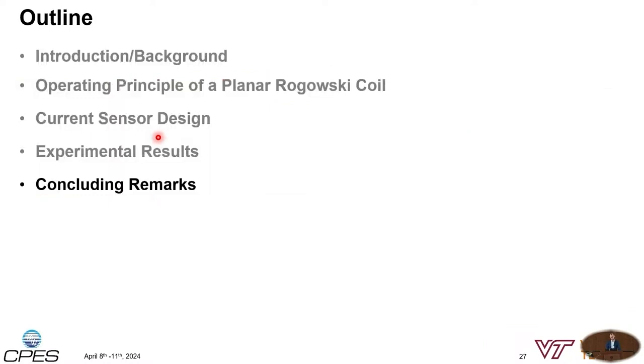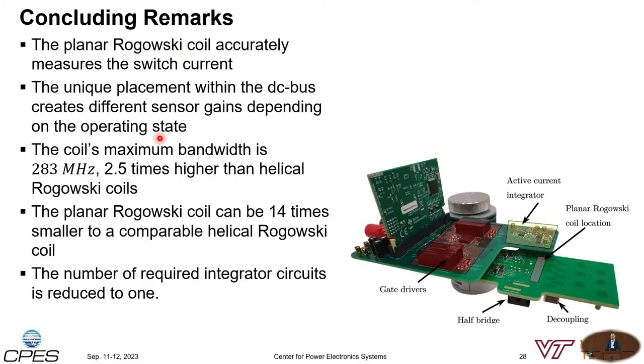That also brings me to my last slide, the concluding remarks. What we've shown so far is that the planar Rogowski coil is able to accurately measure the switch transient. The unique placement of the Rogowski coil within the DC bus structure creates some different sensor gains depending on the operating states. The maximum bandwidth of the Rogowski coil is 283 megahertz, which is 2.5 times higher than that of